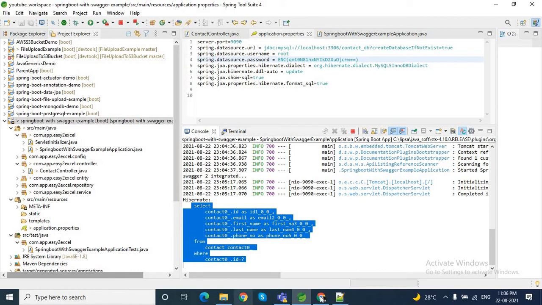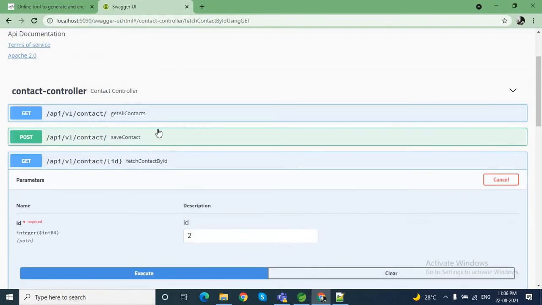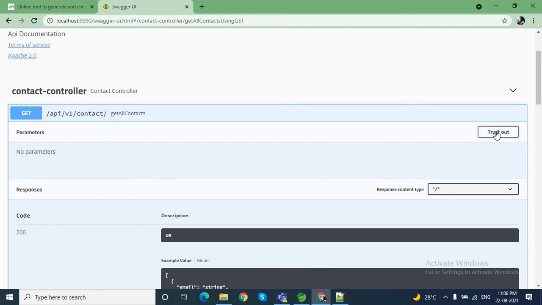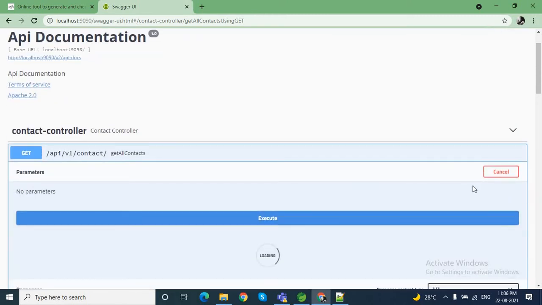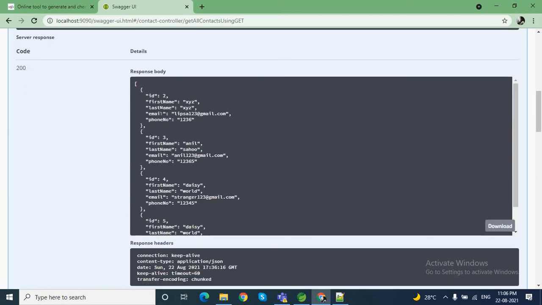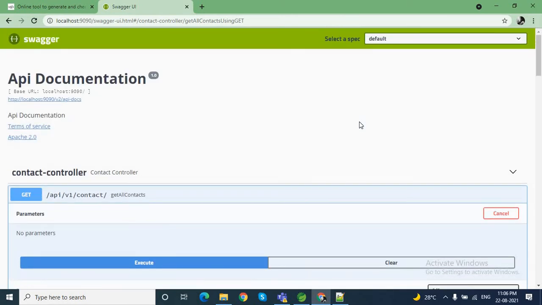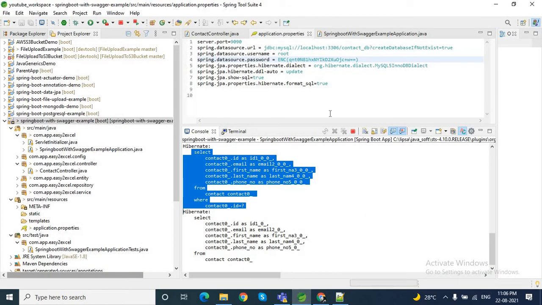Clear? If I hit another endpoint also, let's say to fetch all the contacts, I'll get the result. See, I'm getting the list of contacts. So that means by using this encrypted password, my application is able to connect with my database properly.